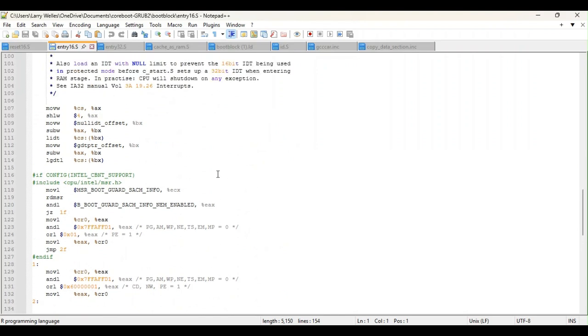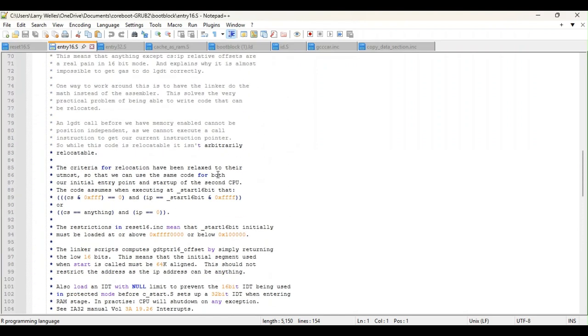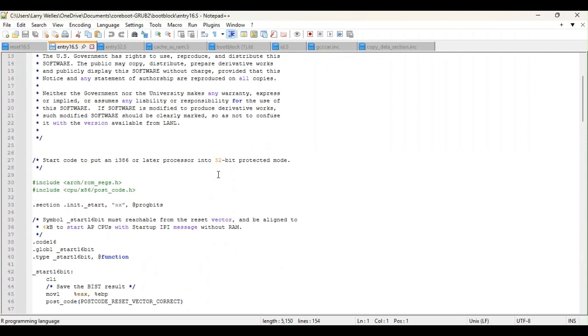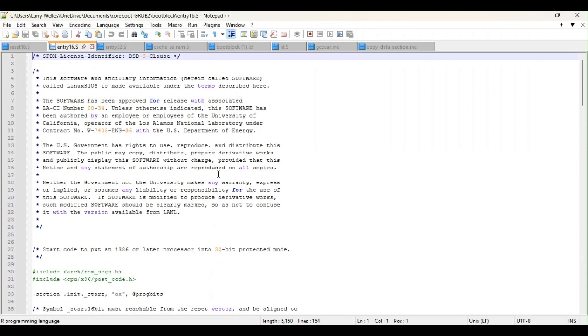Okay, let's go to the very beginning here. Now we got some instructions. Now, if you're used to assembly code, that will be a little bit easier for you. Here it shows something that I thought was very interesting. Core Boot